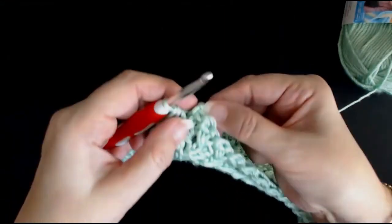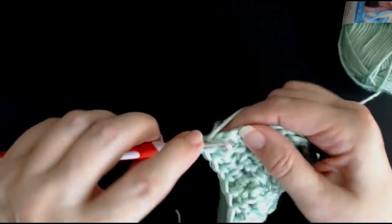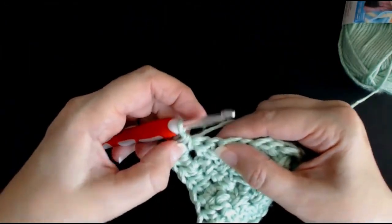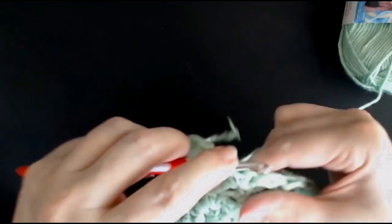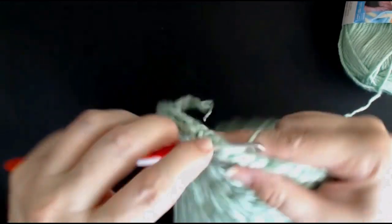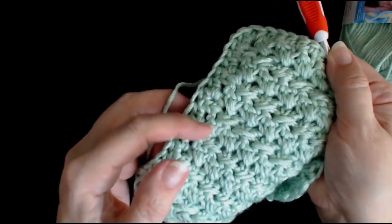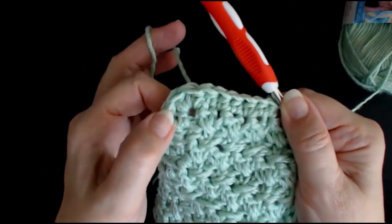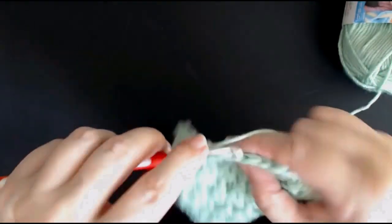One into there. Now when I get to this corner, I'm going to put 3 in to get me around this corner. That's 1, 2, I'll take the tail out of the way, I'll stitch that in, and then 3. That's going to bring me around the corner, and then 1 into each stitch along the top of your blanket. One half treble crochet into each stitch along the top. So I'm putting 2 into each section on the side, 3 into the corner, 3 half trebles, and 1 into each stitch along the top